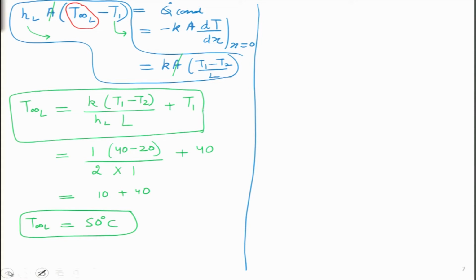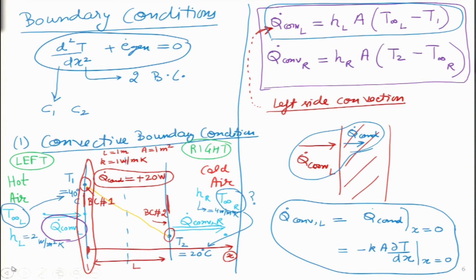I hope this particular point is clear. So, why was I using that word reverse? I will explain that over here. In a real life situation, we will not actually know the value of T1 beforehand. We will instead know the value of T infinity L. So, the question posed to us is that the air on the left side of the wall is at a very high temperature, in this case 50 degrees, and we are given the other air temperature on the right hand side. Then we have to figure out the overall heat transfer which is taking place, the temperature profile, the temperature of the wall on the left side, and the temperature of the wall on the right side.